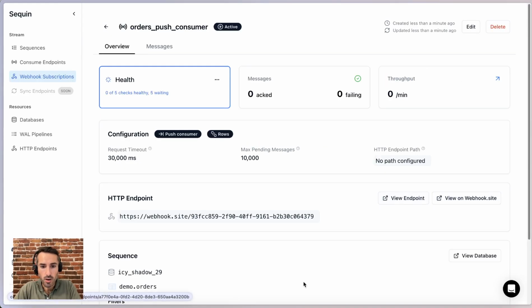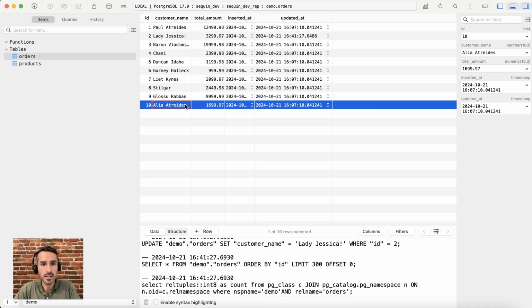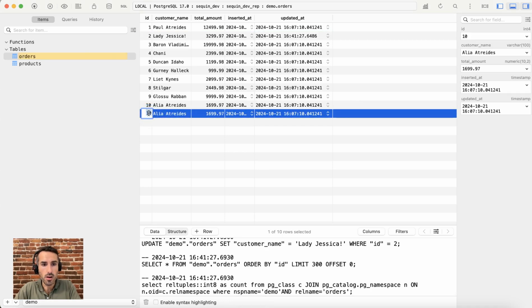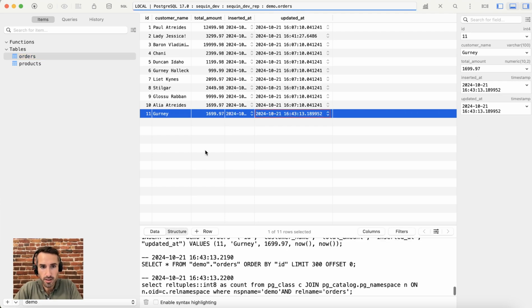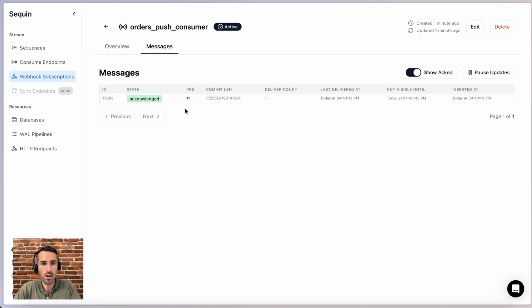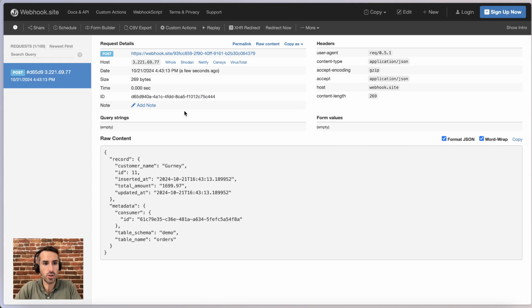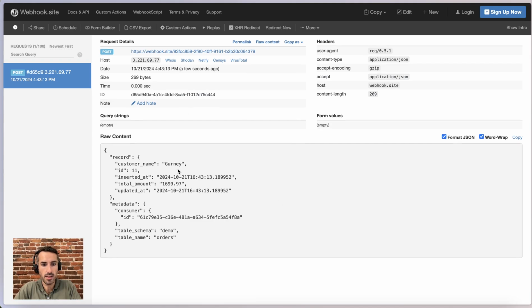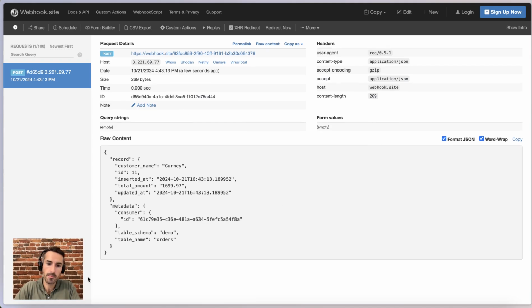If I go into the database now and I add a new row, and gosh, I guess we already have Gurney in here, but my Dune knowledge is getting close to the end of the characters I'm familiar with. Go ahead and save that, come back to the dashboard. You can see that that one message was delivered. We can see over here it is acknowledged. And then if we hop over to webhook.site, we can see that the webhook is right here,